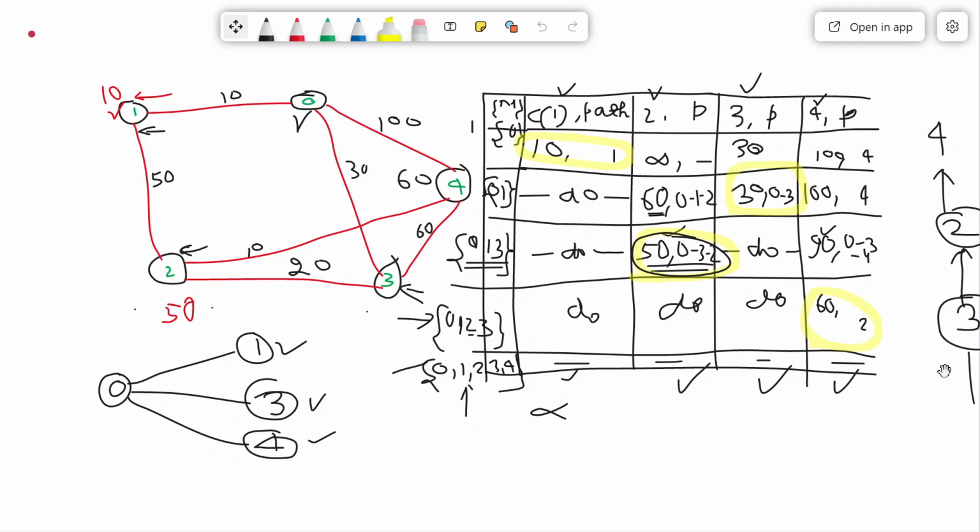So the idea is that you just remember the previous node, not the complete path, and then also you will be able to get the complete path. How? You just go to the previous node, previous of previous, and previous of previous, and once you reach the source, that is the final path.